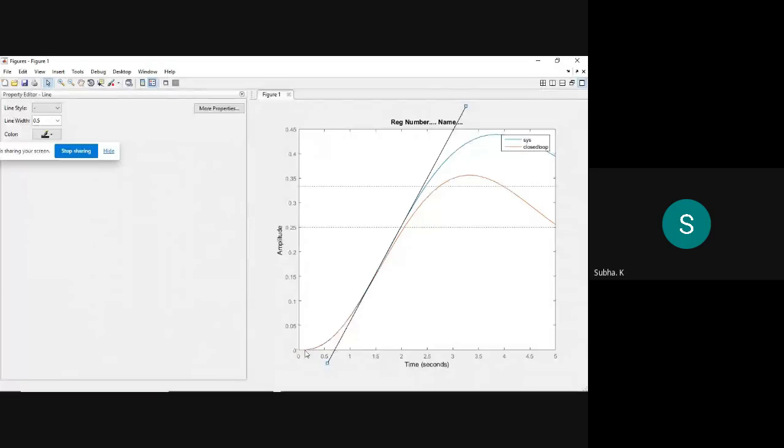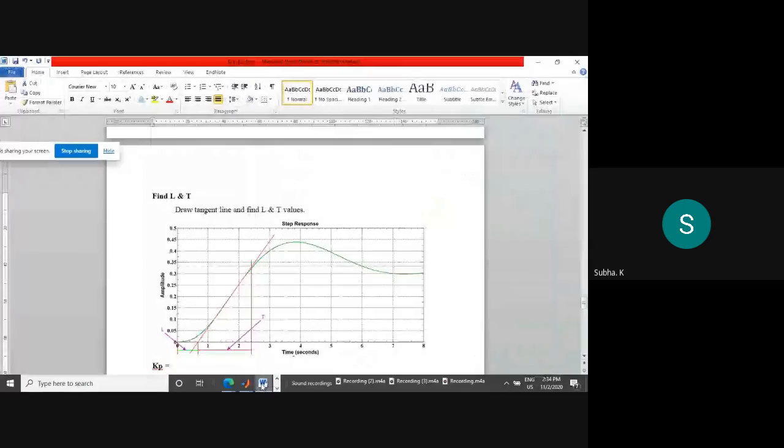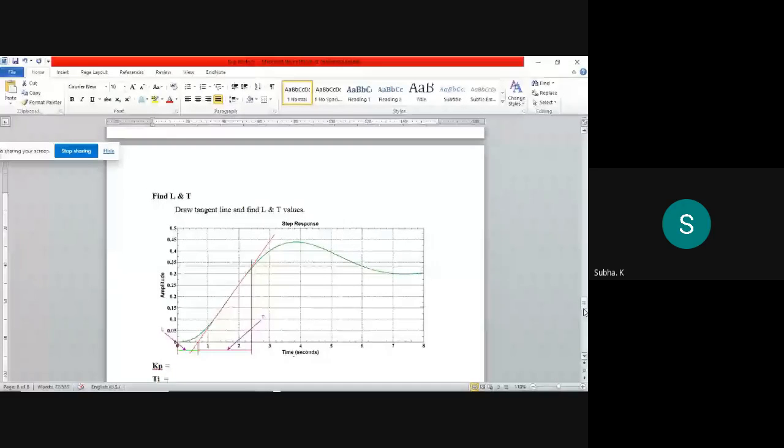So around 0.7 or something it's coming. Till I can zoom it and I can check out what is the point. And from that to this line, it's my T. So you can calculate L and T this way, then you substitute in the tabular column. Like this, you find out L and T. When you fix that L and T value in the tabular column,